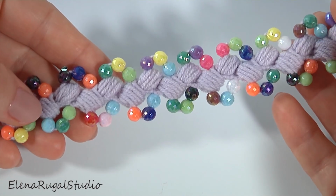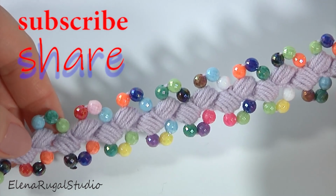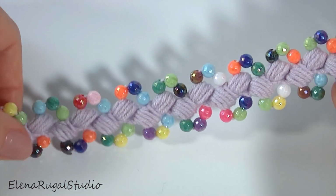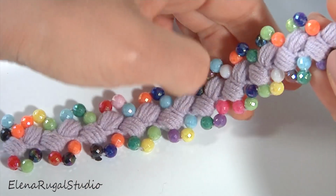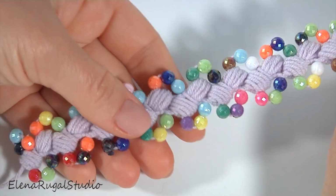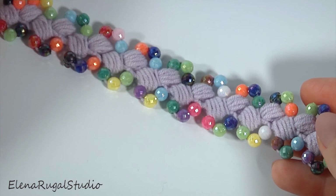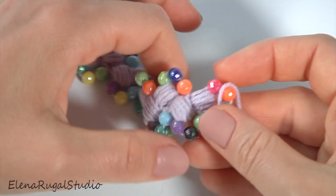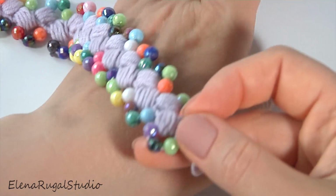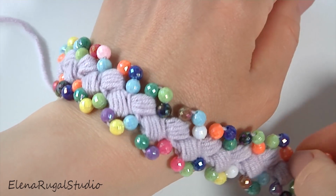jewelry cord. This cord consists of puff stitches and beads. For this project I use different colors of beads, but you can choose any other color. Such cord can be perfect to create jewelry. It can be perfect for bracelet or necklace. You need just put clasps to it